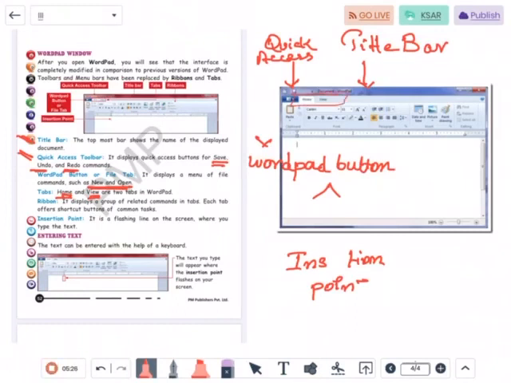Now, a ribbon is a group of related commands. Each ribbon has a different functionality, that is, all these are the ribbons you can see, and each ribbon does a specific function. And the insertion point is that flashing area or workable area where we do the different work. That is where we type the text.